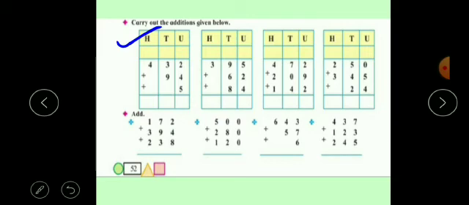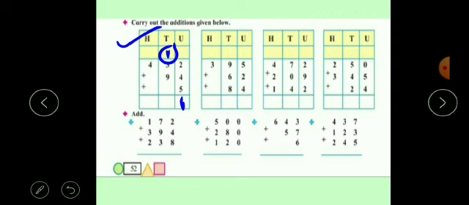So start adding digits in the units place. 5 plus 4 we get 9 and 9 plus 2 we get 11. Now in this number 11, write 1 here and shift this 1. 1 is carrying over. So write this carrying over number in the tens place and you have to circle that carrying over number. Okay. Now addition of the tens place.